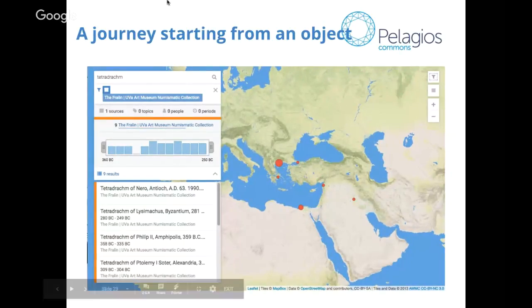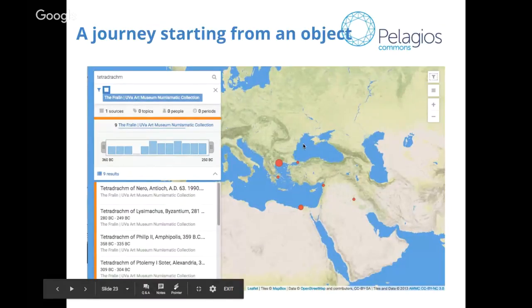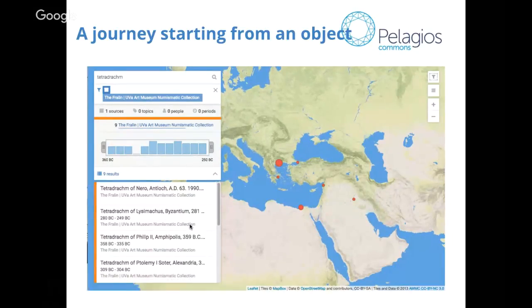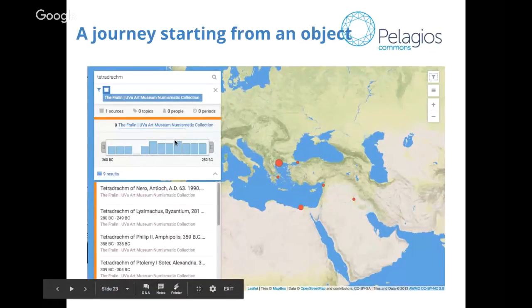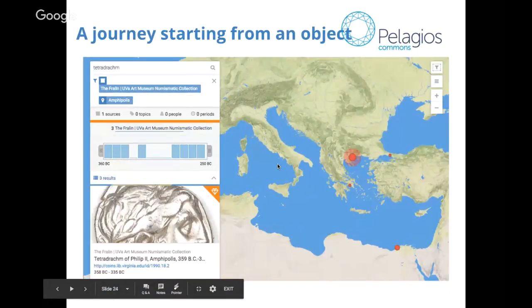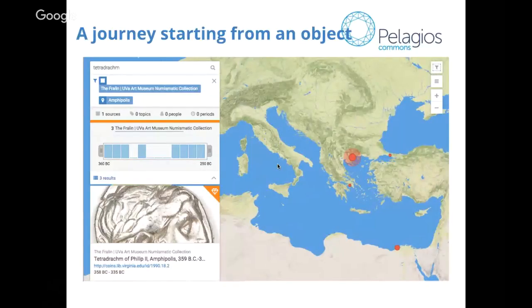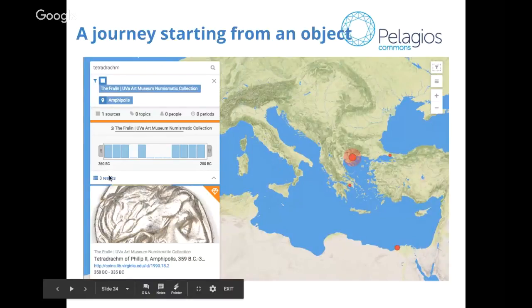And now we can only see the tetradrachm that belong to that particular collection, and we can see how they relate to places, and we can see that there is one place that looks a little bit prominent, so probably has more results connected to it. So if we click on it, we find out that it is Amphipolis, and that there are 3 other results there.